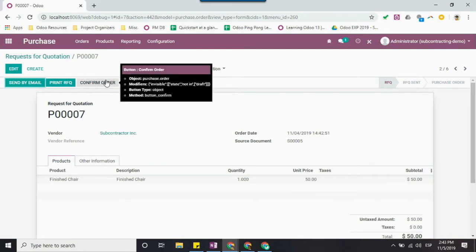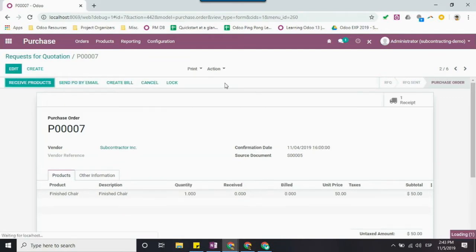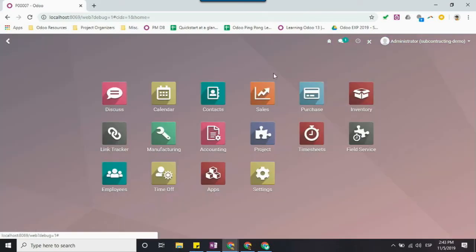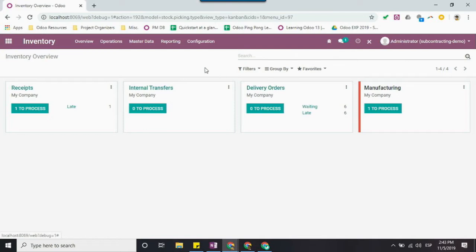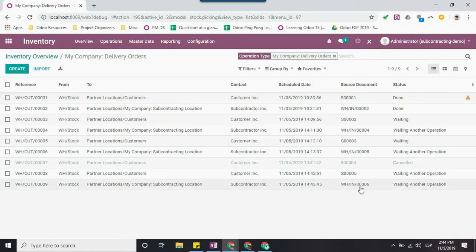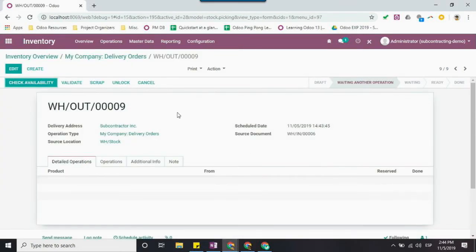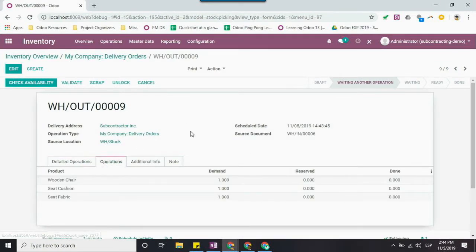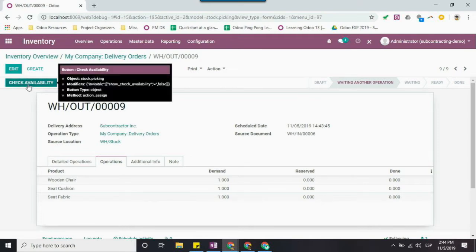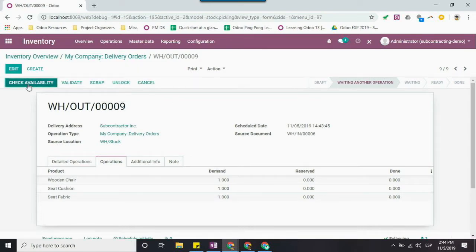So let me confirm the purchase of my chair. I don't want to receive that just yet. And let me go back to inventory. And now I've got a 6 delivery, as we can see. I've also got that receipt for the finished good. So I'm going to come to my delivery orders. Let me go to the in. Okay. So now I need to send this out to my subcontractor, but I don't have any on hand because